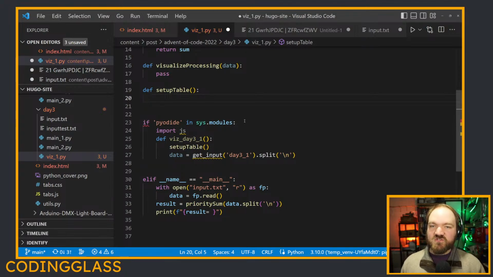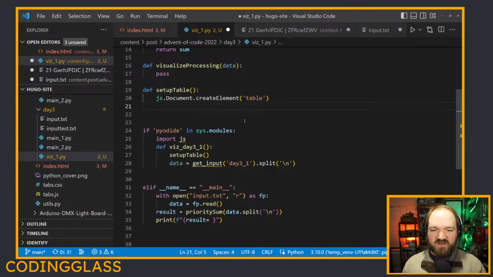And I can do JS.document.createElement. Any of the functions and attributes that exist on JavaScript's global document object exist on this proxy object, JS.document in Python now, which is super cool. It's one of the coolest things about Pyodide, so I'm really stoked to be able to show it off a little bit here. So when we are setting this up, we want to create a table,